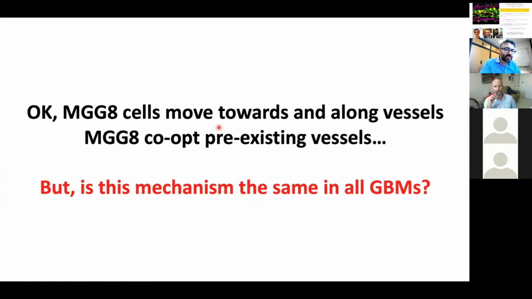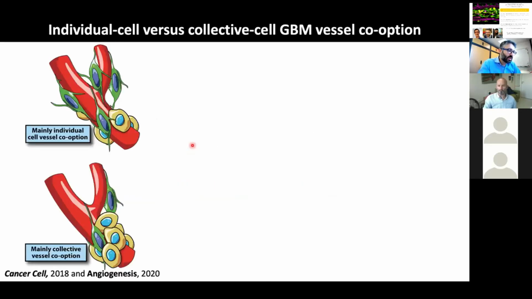So I showed you that these specific cells move on top of the blood vessel and towards the blood vessel, so I showed you vessel co-option. But glioblastoma multiforme is really, really heterogeneous, and it's very naive to oversimplify by saying we demonstrated that all of glioblastoma is coating the vasculature. To make a very long story short,